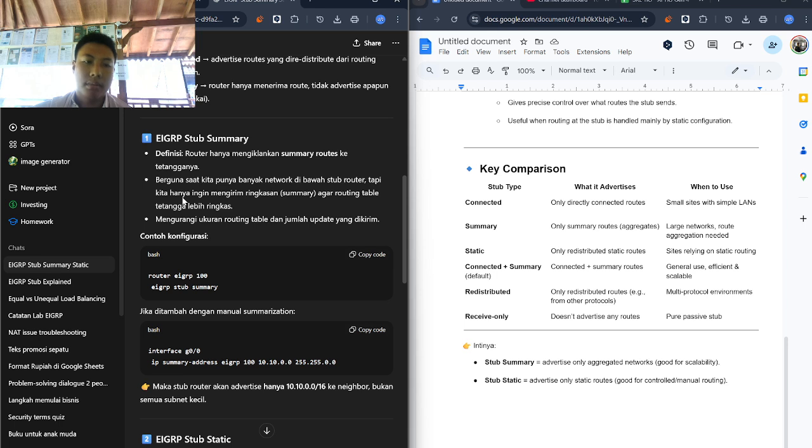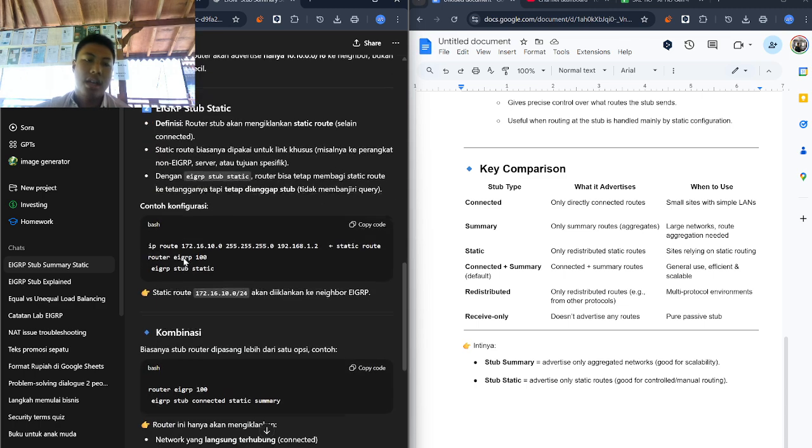If we want to send the summary routing table to the neighbor, it's an easier way. After that, it reduces the size of the routing table and the number of updates to send.